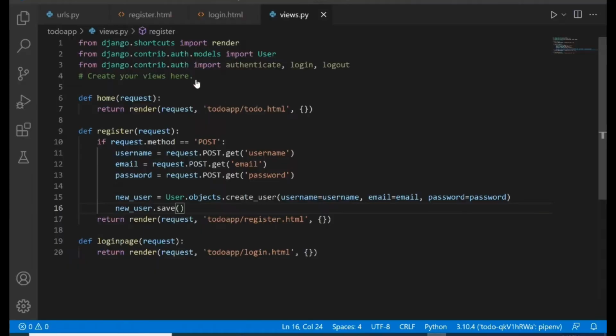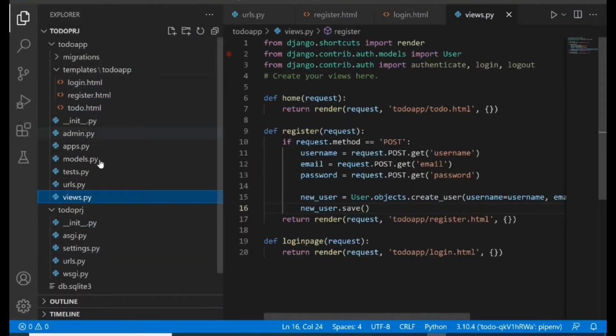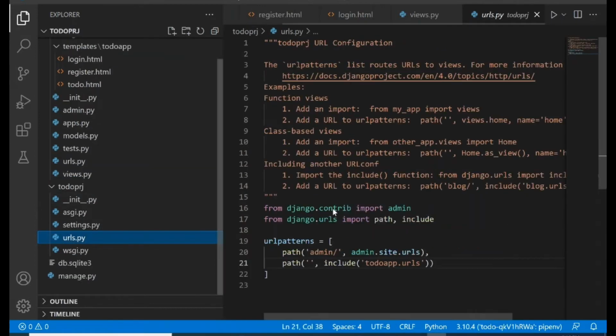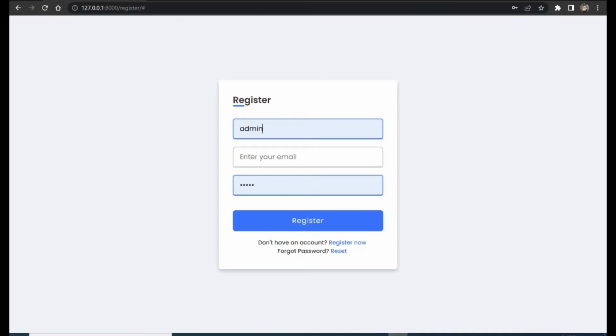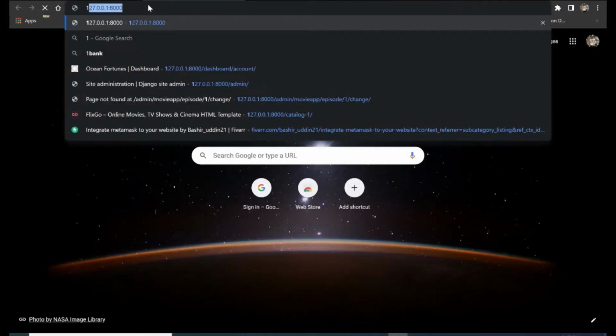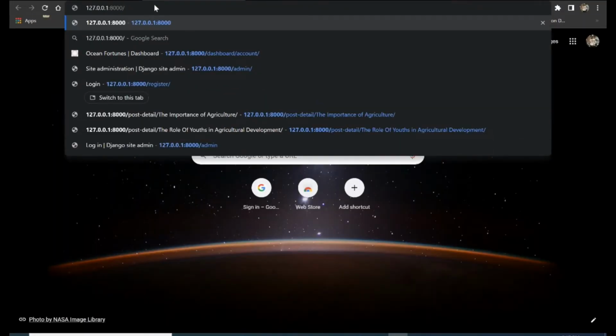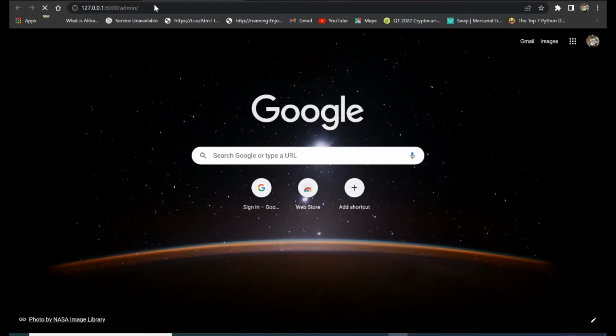Now I want you to take note of something. If we go to the urls.py file inside our projects folder, notice there is a URL path here showing /admin. Now this is the default dashboard that Django has given us. So if you go back to your browser, let's open a new tab, and if you go to that URL /admin and we press enter,